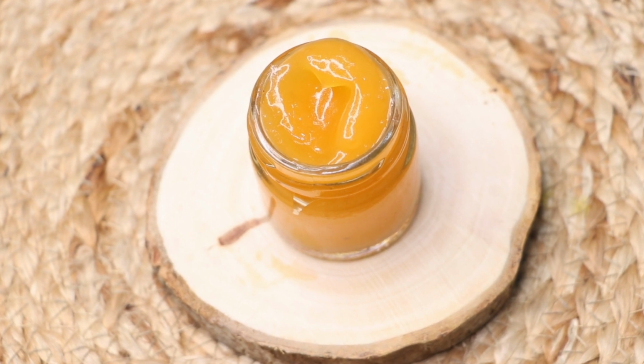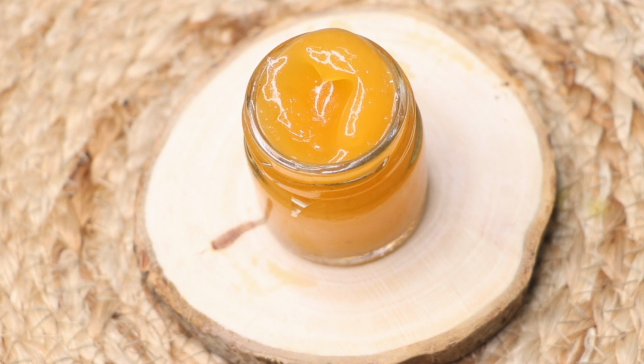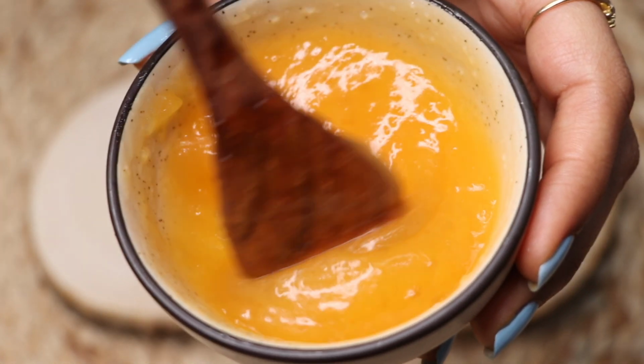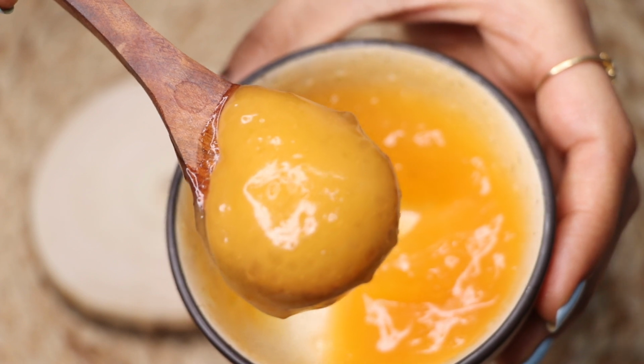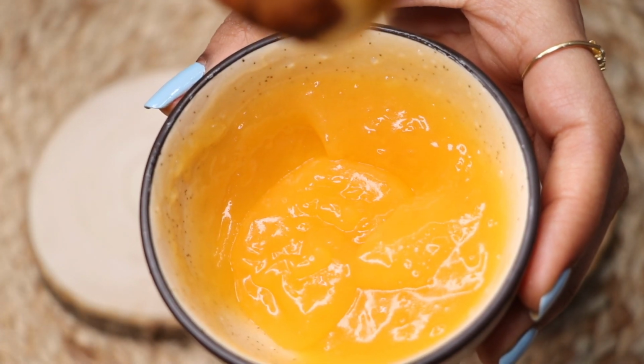Today in this video I'm going to share with you how to make this papaya cream easily at home. This papaya cream has amazing skin benefits. It moisturizes your dry skin during this winter season. It nourishes your skin deeply, and papaya also has the power to eliminate pigmentation, dark spots, blemishes and acne